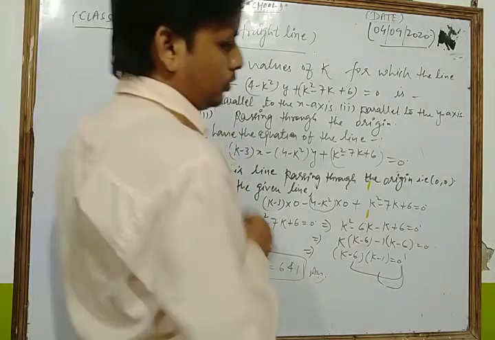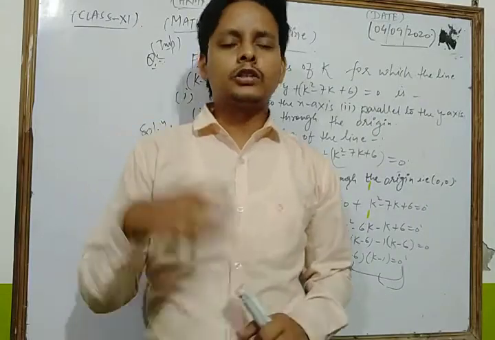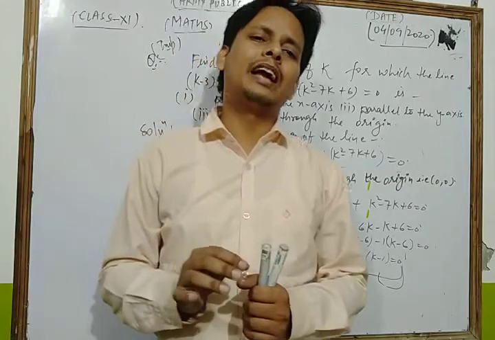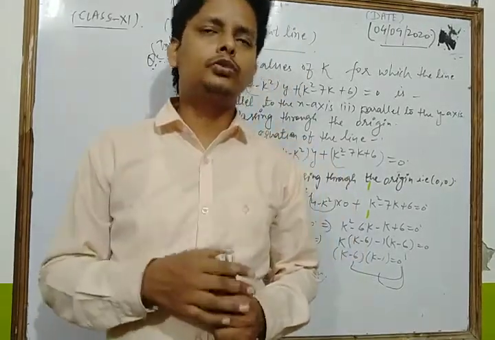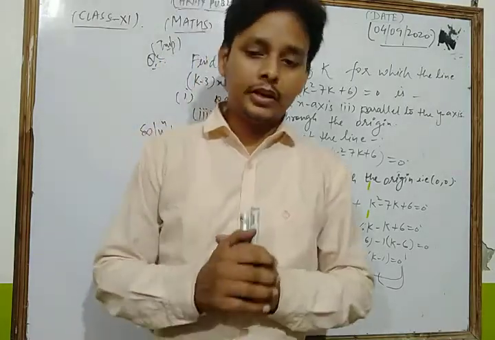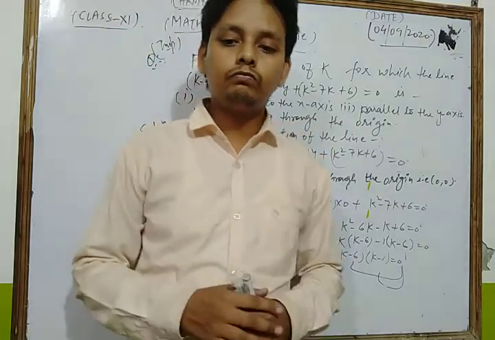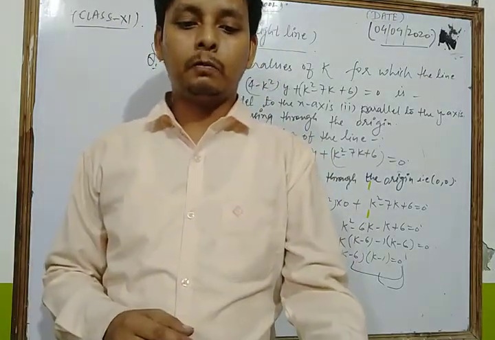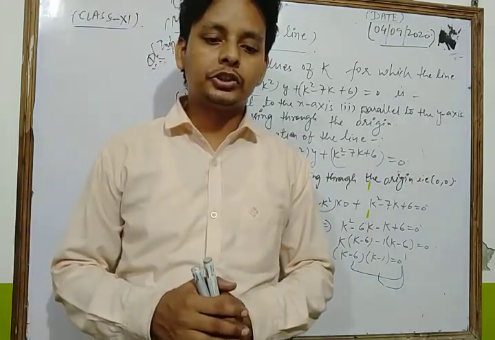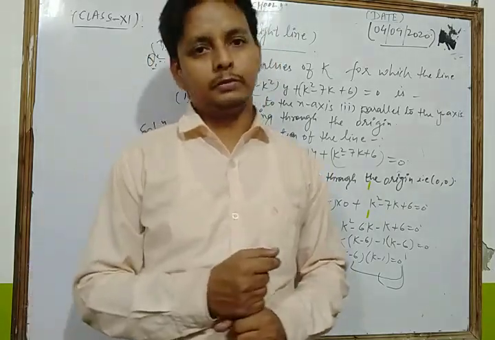So in this way, dear student, you can easily transform any given equation of a line into slope intercept form and intercept form, and after that you can solve each and every question of your NCERT exercise based on these topics. Okay, now dear student, we take some other topic of that chapter, which is the point of intersection of two lines. We take this topic and we solve a question based on it. Let's see.